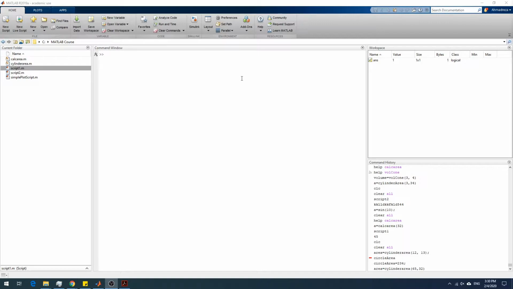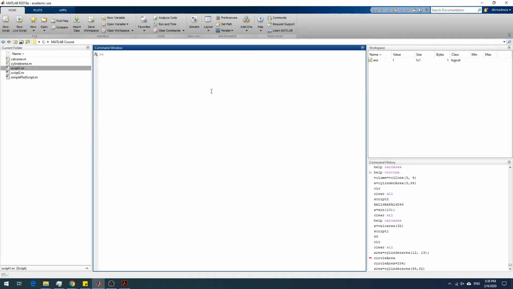There are several relational operators that you can use in MATLAB. We have greater than, smaller than, greater or equal, smaller or equal, equal, and finally the not equal operator. So let's just see some examples of how these